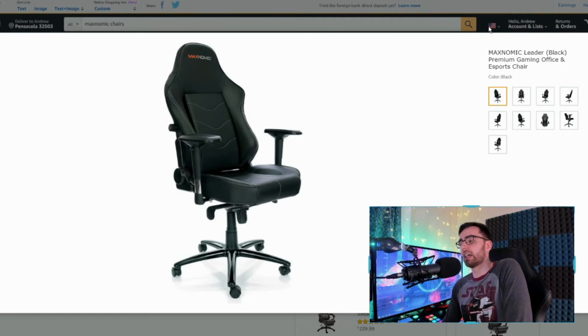That being said, if you want a chair and then you're never gonna have to buy a gaming chair ever again, I could say this could be the one. So in case you're curious, it's also kind of cool because these are the ones that the pro esports gamers use. So you can feel like you're one of them. Maxnomic is a solid brand. There's a reason why the chair is more expensive, and it's because you're paying for a really quality product, and that is the case. I can attest to that being the case. You can get some that are sometimes branded with different esports teams and stuff. They probably have to pay more for that though. The Maxnomic